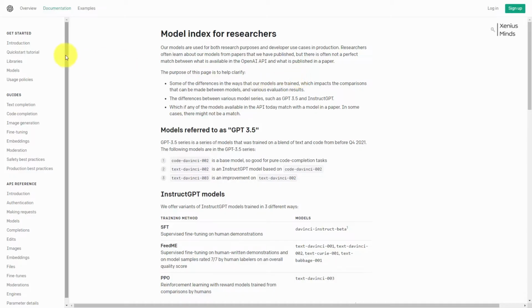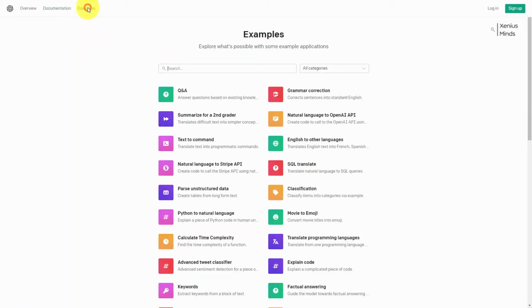From the limitations page, there is a link that you can click on as a recording of this video that will take you to a documentation page. One of the things that you can do is you can go to this link that says examples. And even though this is designed to communicate with coders and people who are going to integrate the chatbot into a system that they are building, this page will give you clues on the kinds of things that you can